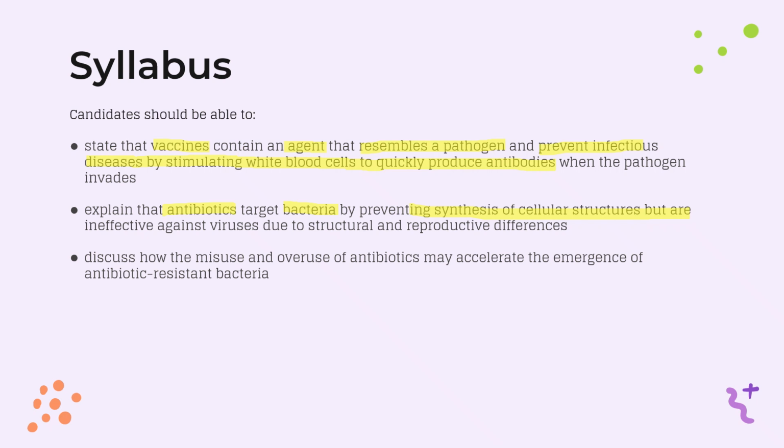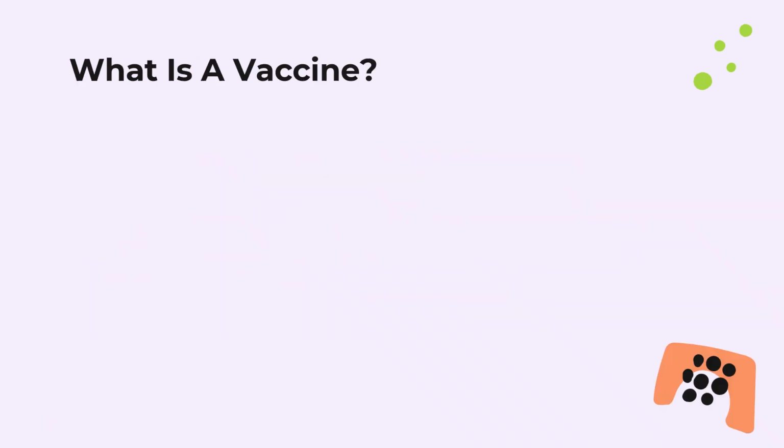The last one is something that is pretty real. It's actually very real. So you must learn how to discuss. Note the command word: discuss. Discuss is something about real life. So you must discuss why there is misuse and overuse of antibiotics, and how this misuse and overuse will accelerate the emergence of antibiotic resistant bacteria. This is something that is real, which I mentioned just now. It's probably something that I believe everybody should know also. So let's start